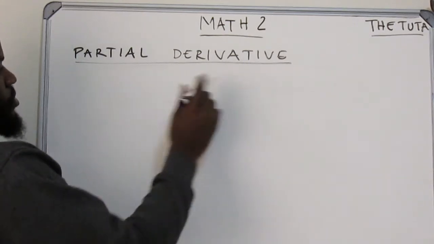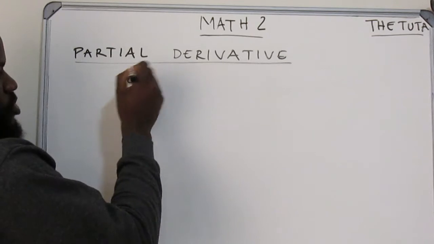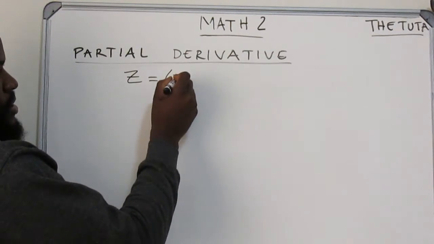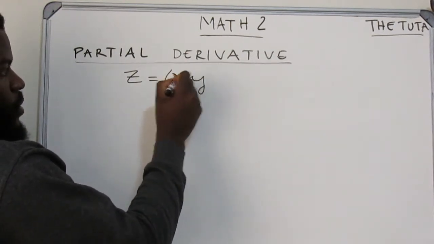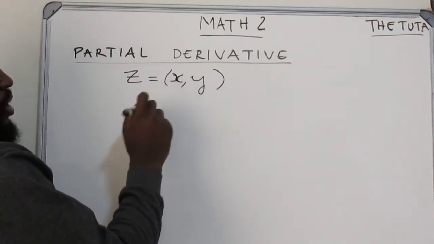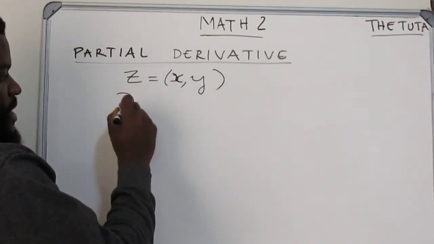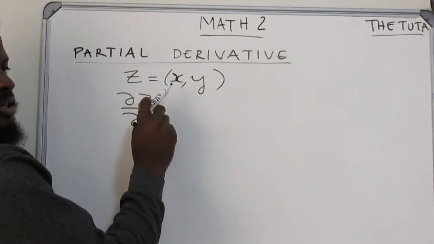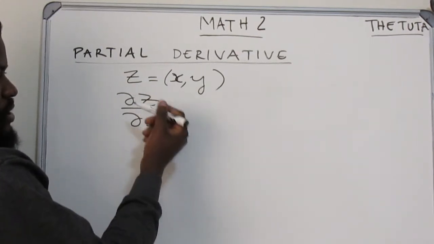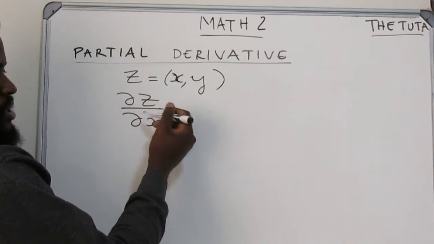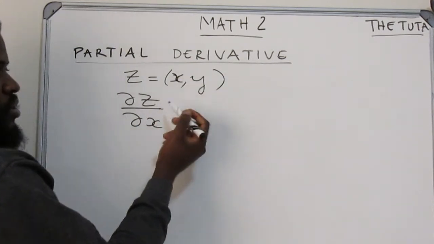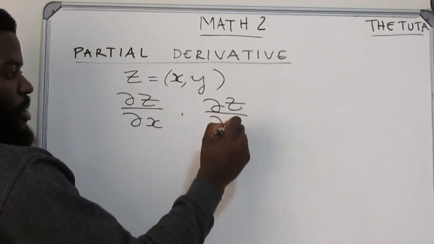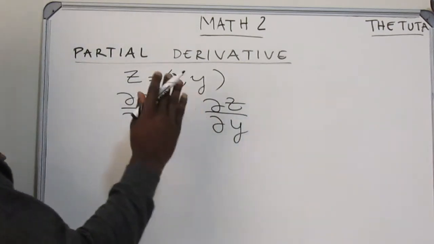So you will be given a function z. Most of the time you'll be saying this z as your function. This function has two variables, which are x and y. So the function will be in x and y. If they want you to find the derivative of z with respect to x, here you are going to regard y as your constant. And when they ask you to find the derivative of z with respect to y, then you are going to regard x as your constant.